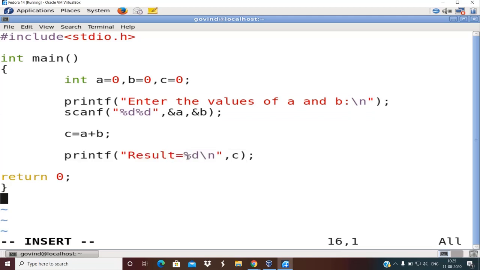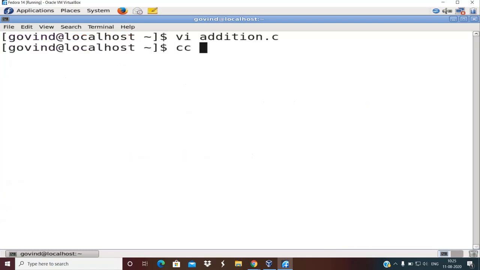So whenever you want to display the value of a variable, always use the format specifier. Same way, whenever you are reading the value of a variable, always specify the format specifier inside the scanf. Okay, so now this is the program. I'm now going to save it, escape colon wq, and compile it.